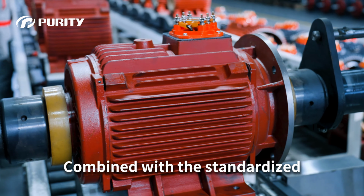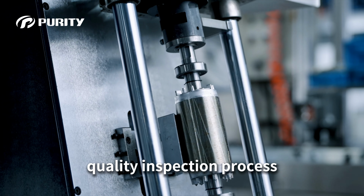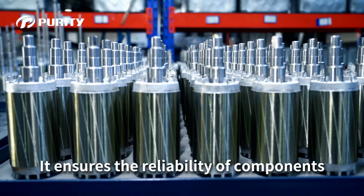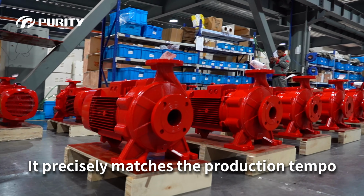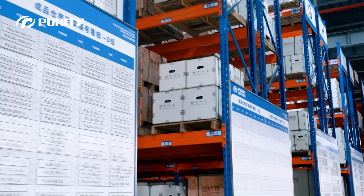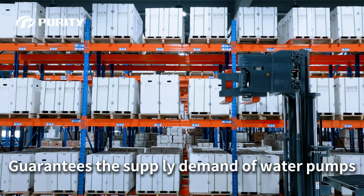Combined with the standardized quality inspection process, it ensures the reliability of components and the consistency of finished products. It precisely matches the production tempo, guarantees the supply-demand of water pumps,